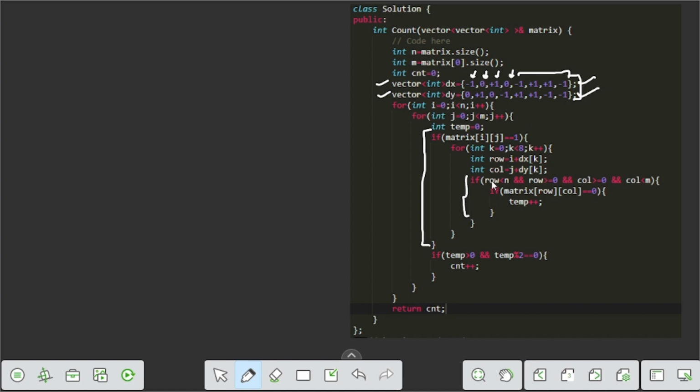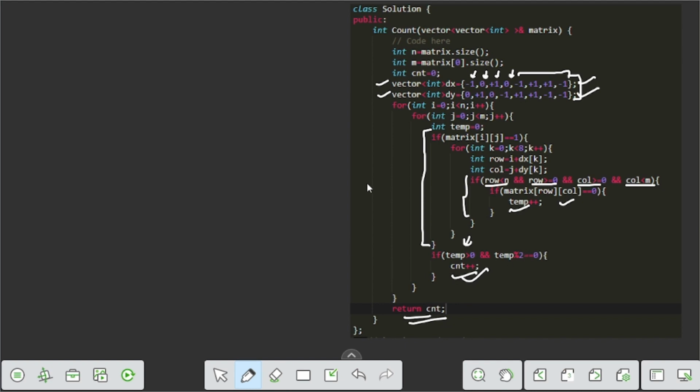And check the boundary condition also: row is less than n and row greater than or equal to 0, column greater than or equal to 0 and column less than n. And check if that index is 0, then we simply increase the temp variable, and after this we check if temp is greater than 0 and temp percentage 2, which means temp is not already 0 and temp is even, then we simply increase our answer, which is count, and then return the count variable.